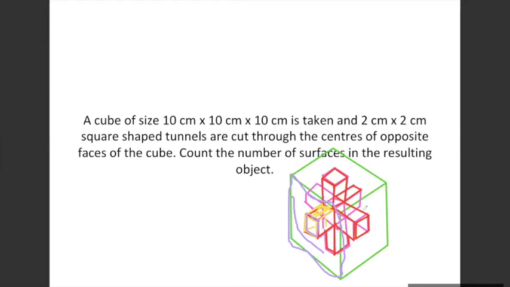Yes. Similarly, this side will also have it, this side will also have it, and the back three surfaces also will have it. So every face, this is one face of the cube. Every face of the cube will have four surfaces getting attached to it because of that tunnel. So 6 surfaces of the cube which are existing plus 4 surfaces each on the inside of the cube attaching to its 6 faces. Is this fine?